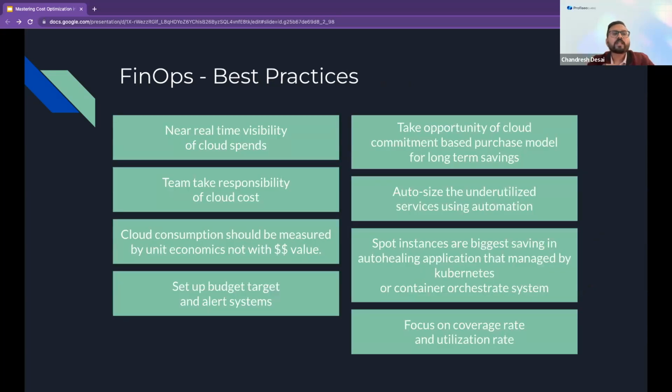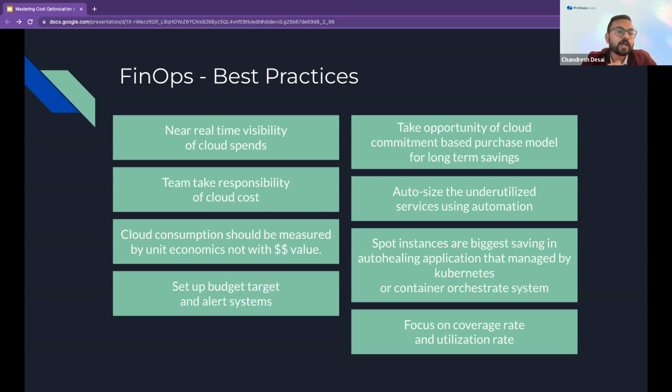So what are the best practices for FinOps actually? If a company doesn't have a FinOps culture, they can definitely implement these FinOps best practices initially as low-hanging fruit to get better discounts or cost-saving opportunities. Firstly, near real-time visibility of the cloud spend, using an AWS QuickSight dashboard or external tooling to visualize your current cloud cost.